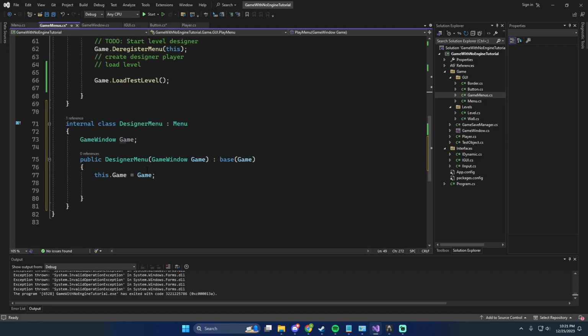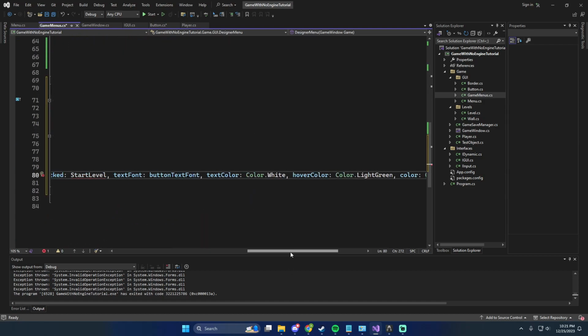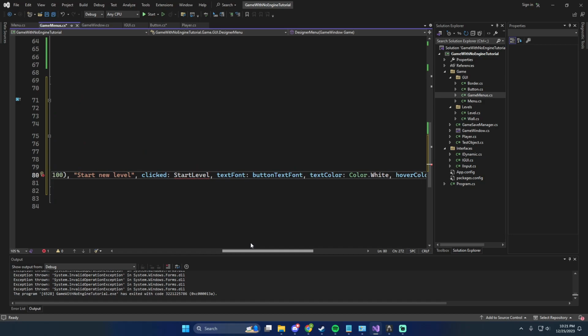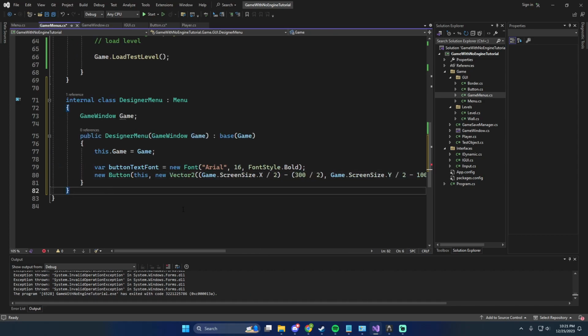So this is a button. So this is fine. I want to get rid of the green stuff. So these two things, and I'm just going to leave them to default for now. We can change that later if we need to. So color.white, text font, this is good. And we need to give it an event. And we're going to say